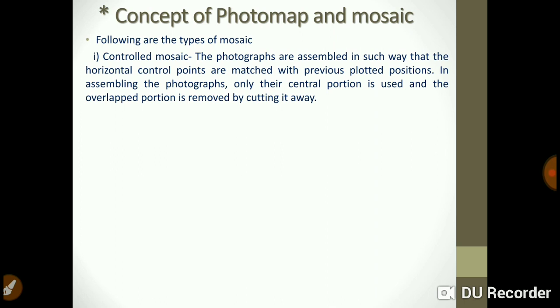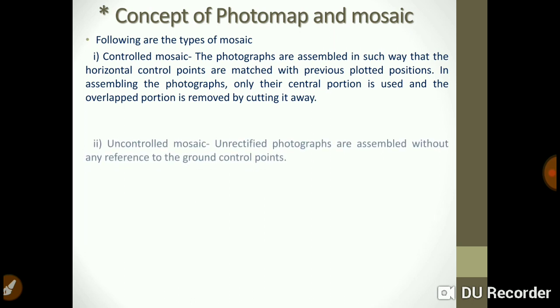In assembling the photographs, only their central portion is used and the overlapped portion is removed by cutting it away. So a controlled mosaic is a type of mosaic in which ground control points are used during the assembly of different aerial photographs.